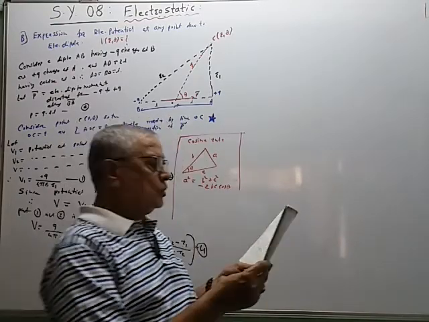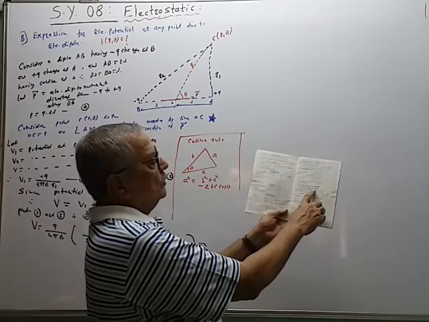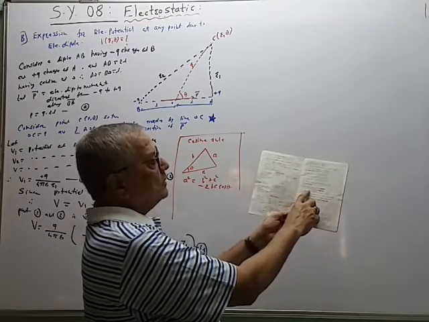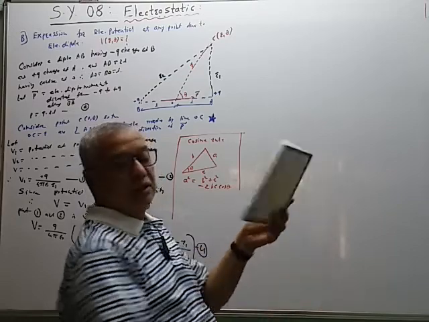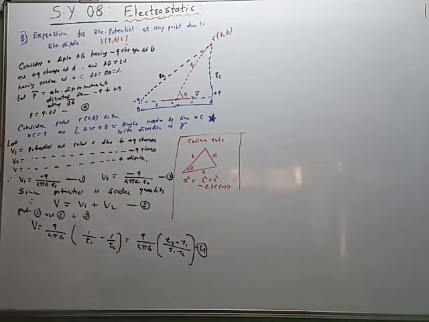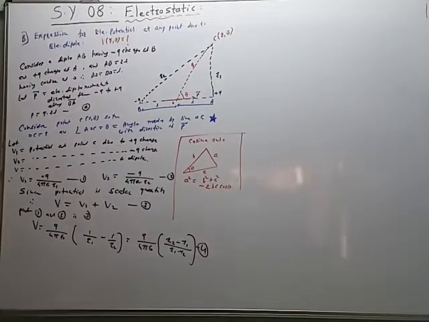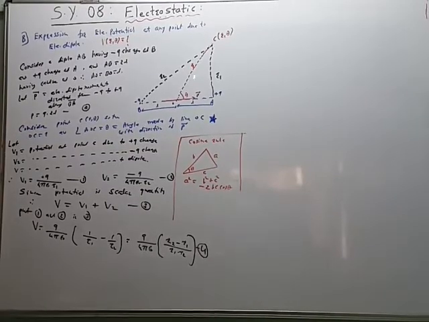So in our log book, this cosine rule is given here: A square is equal to B square plus C square minus 2 times BC cos of A, where capital A is the angle between the sides B and C. Now we have to use this cosine rule in triangle AOC to find R1, and then in triangle BOC. First we will use this cosine formula in triangle AOC.